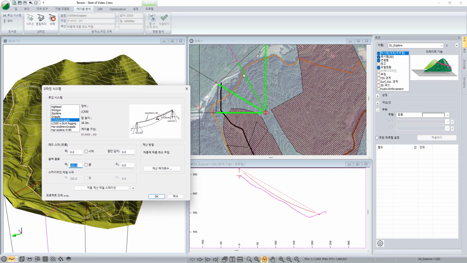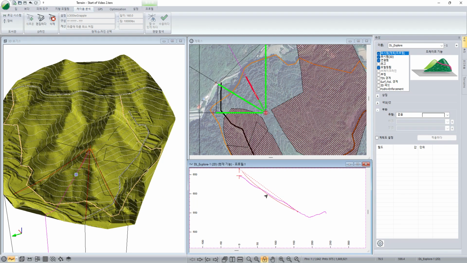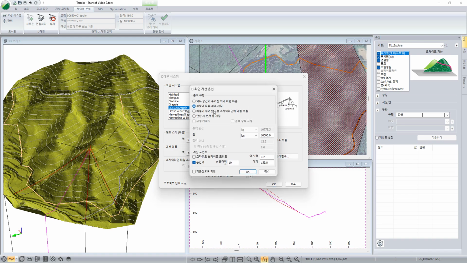So I want to go out to, say, station 160. We have that issue with ground lead. We can change our calculation method, and say, well, what if we want to keep that grapple 2 meters above